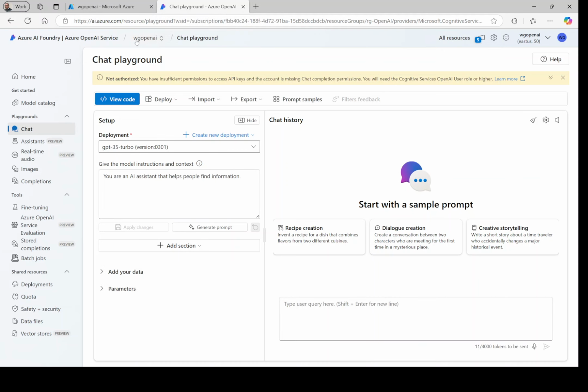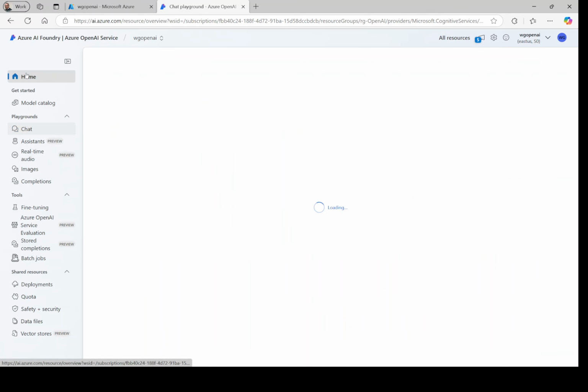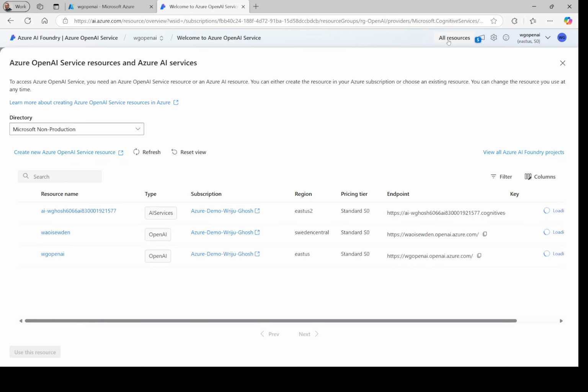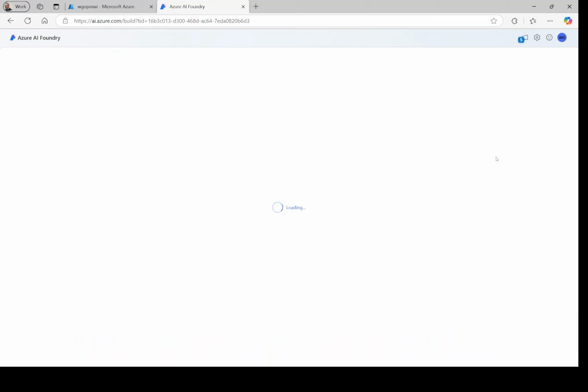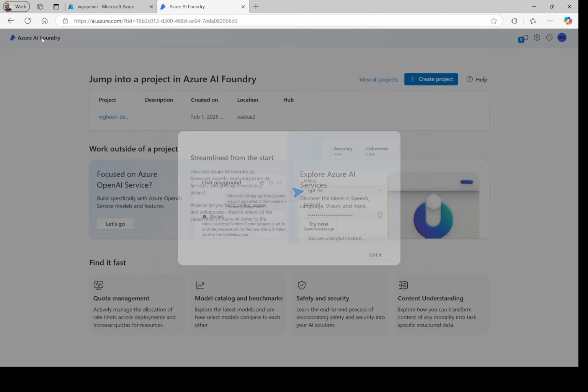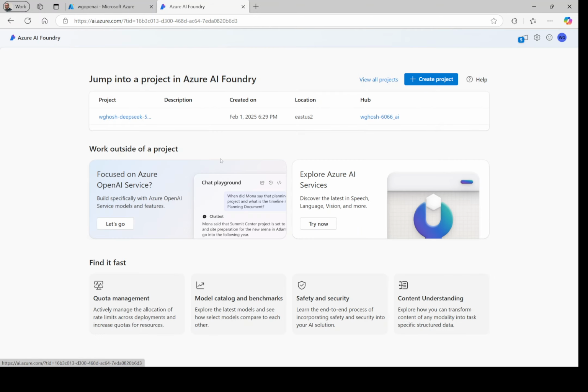Now if I go to this home page and then view all resources, you'll find that there are many resources which are created already. So let me go into that. And then one of them is the AI Foundry project. So how do you create this project and how do you come up with that? So let me show you that. If you go to the home page of this,